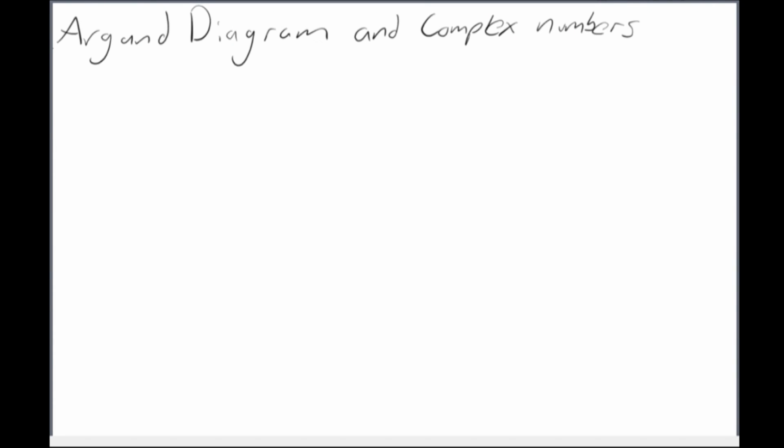Today we are doing a lesson on the Argand diagram and complex numbers. So first let's talk about the real numbers. The set of real numbers. These are the numbers that we're all familiar with. 1, 2, pi, a million. This is the ordinary set of numbers that we deal with on a daily basis, count real-world objects with, real-world